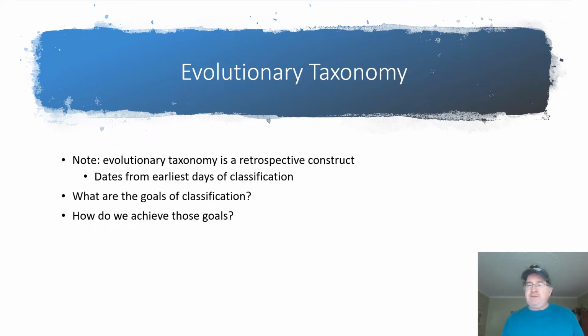So the real question is, if we do agree on those goals, at least those central goals, and there are some ancillary ones along the way, how can we best achieve those goals? And that is the crux of this intensive philosophical battle that took place, well, beginning probably as early as the 1950s, but running very hotly up until the 1980s, 1990s. It's only recently that it's sort of died down around the edges.